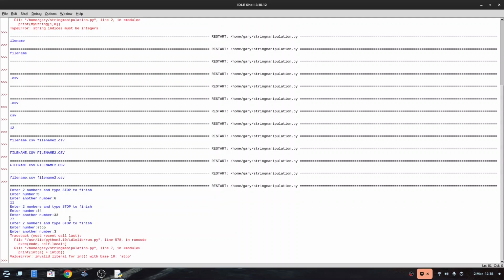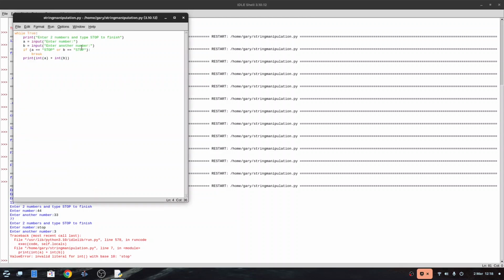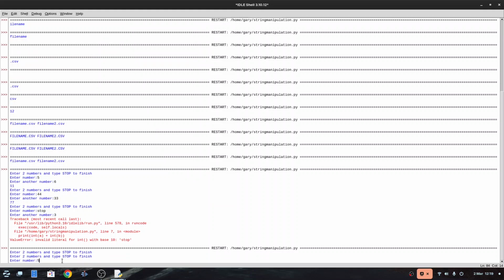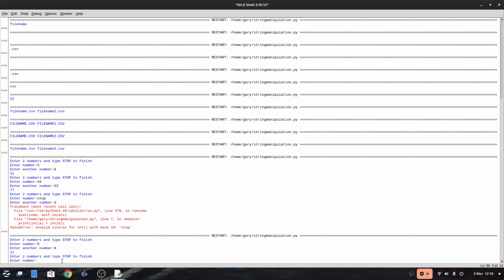Why? Because my stop wasn't in capital letters. So what we could do is change that, and now it doesn't matter if they enter it in lower or uppercase, it will work. So 5, 6, 11, and then we'll type stop,